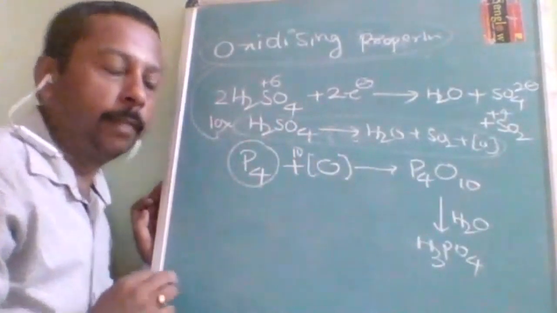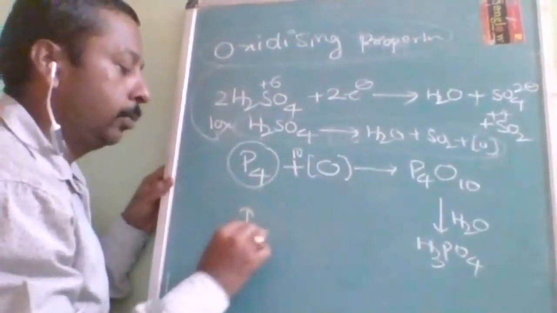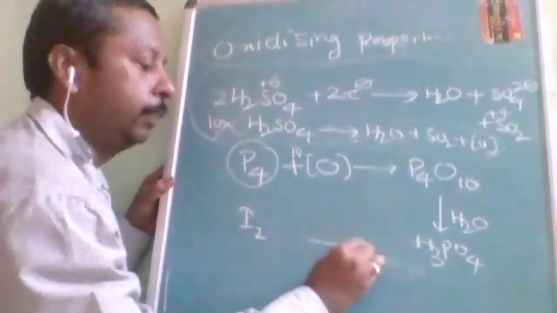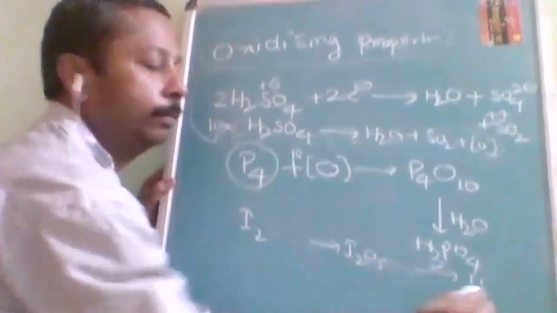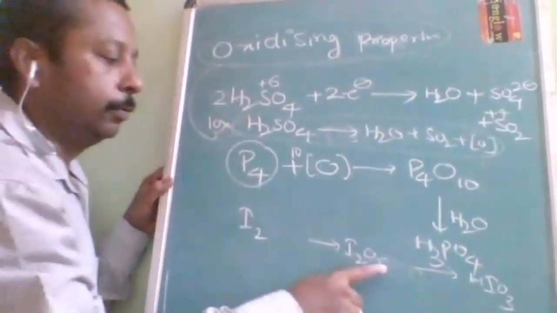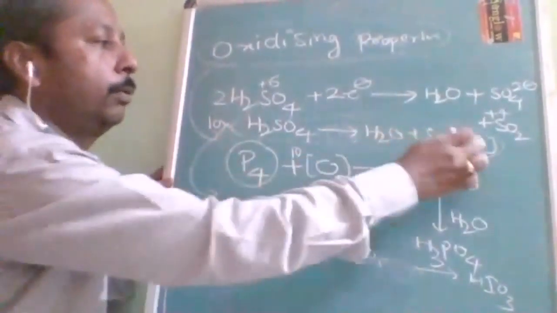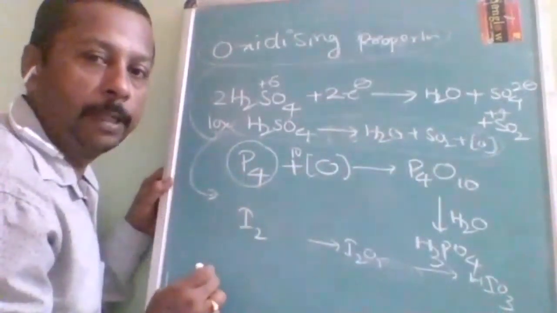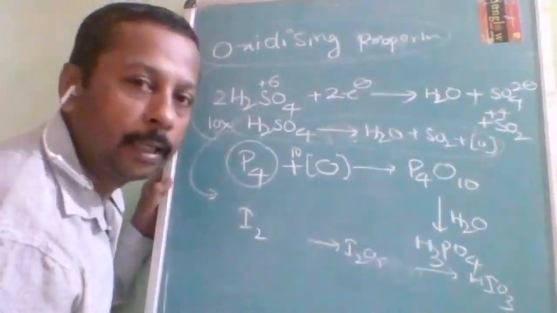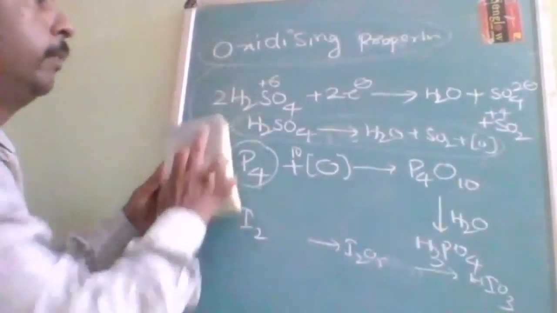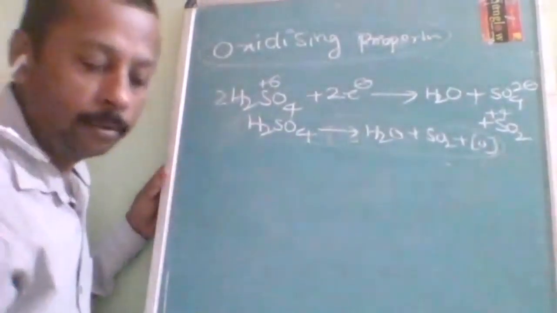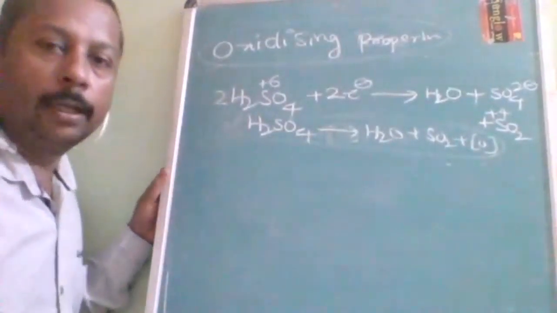I will tell you one more example. Let us take I2. The acid is HIO3. What will it first form? I2O5. Then it will form HIO3, iodic acid. So 5 oxygens, for that you have to multiply this equation by 5 and add. Then you will get the final answer. Like that you can identify the oxidizing properties with how many equations? 2 equations. In inorganic, the best way to learn is to know the logic: learn less, use more.